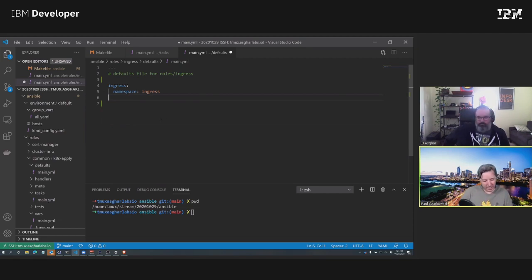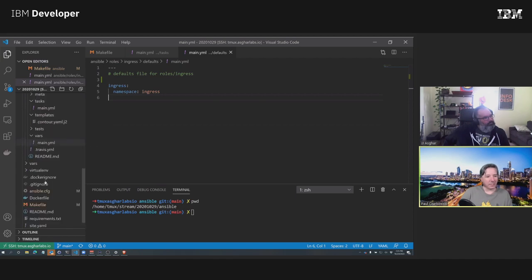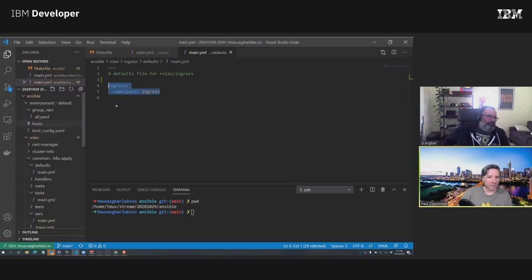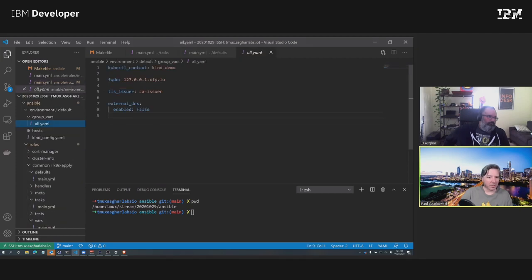Now, what's interesting is the default behavior in Ansible is that it doesn't merge hashes. So here you can see I've set external DNS enabled false.